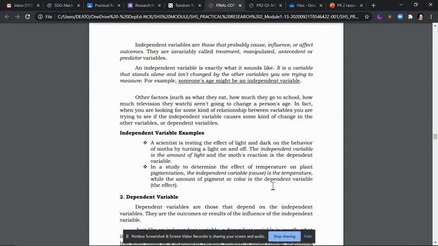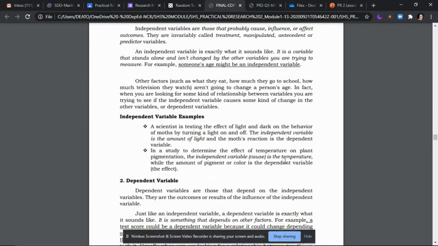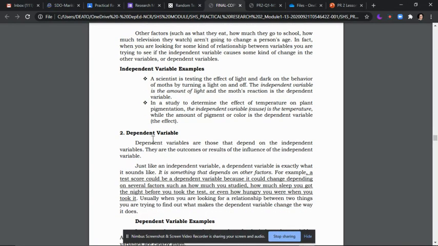So alin kaya doon yung independent? Siyempre ang independent doon ay yung bullying. Kasi yung bullying hindi siya nagbabago pero yung naapektuhan niya ay yung academic performance. So yung presence ng bullying, siya yung nakaka-apekto dun sa academic performance. So meaning, yung bullying, siya yung tinuturing nating independent at yung sumunod naman ay dependent variable.